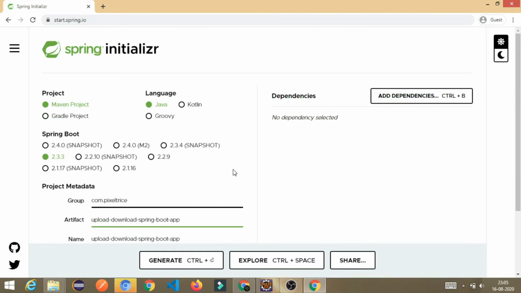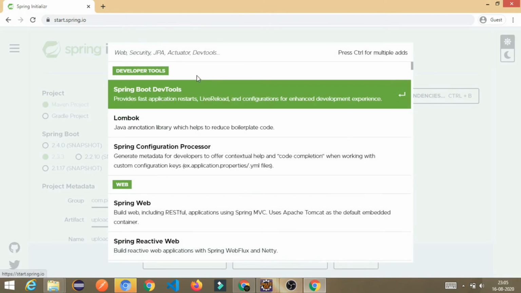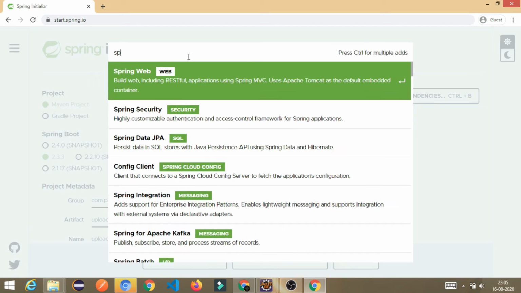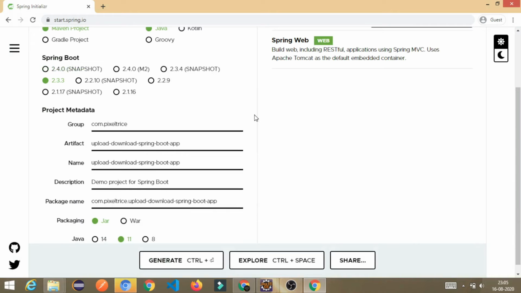Now everything is set like that. Add dependency: here I want only Spring Boot, nothing else. That's it, and click on generate.